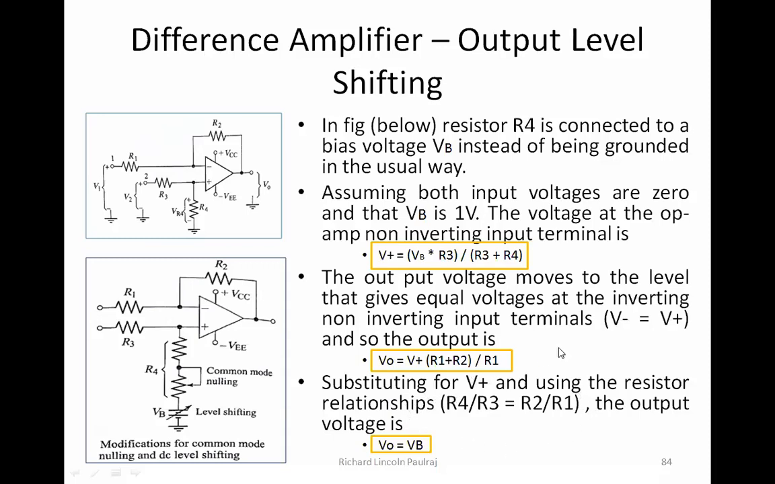Why were we maintaining them? So that we get V minus equal to V plus. Okay, so the voltage at the inverting terminal is equal to the voltage at the non-inverting terminal. So as much as possible, we try to make it equal, but practically speaking, it's not possible, right? So we had this small